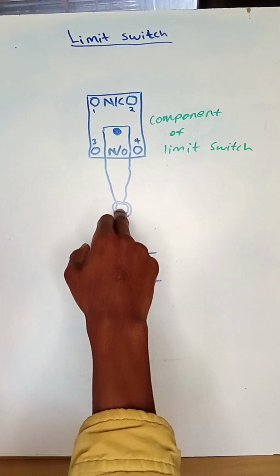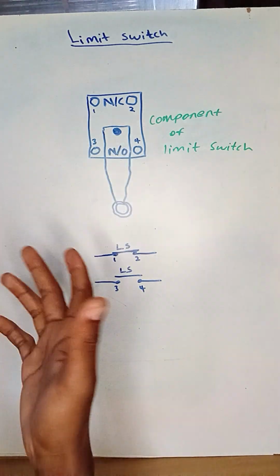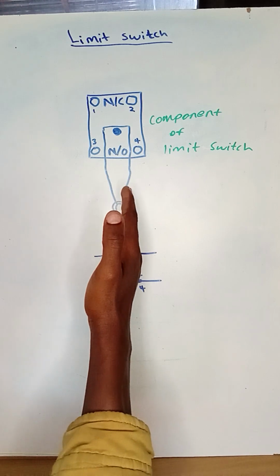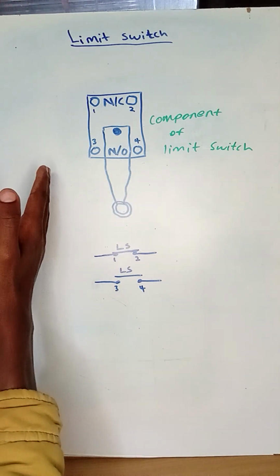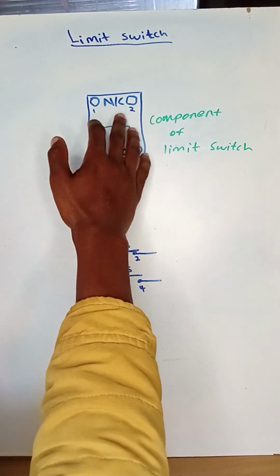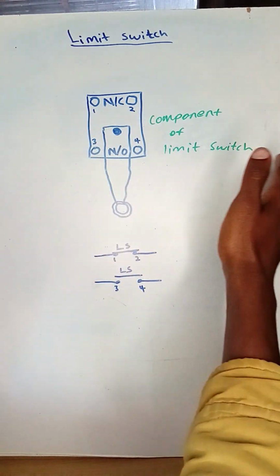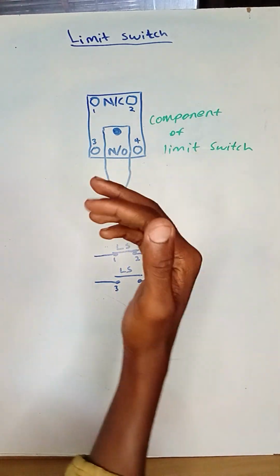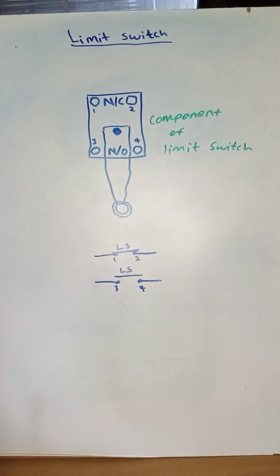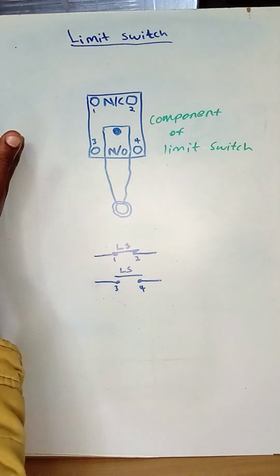There is a switch right here, and it acts as a lever in the switch. When I push this lever to the right, normally closed becomes normally open, and normally open becomes normally closed. And also when I push it to the left, normally open becomes normally closed, and normally closed becomes normally open. So right now I'm turning my limit switch to the right and holding it,